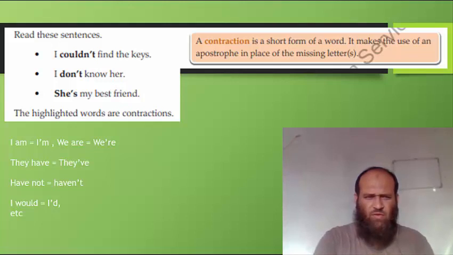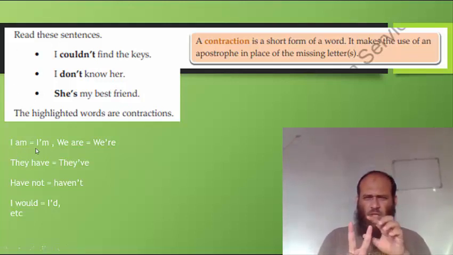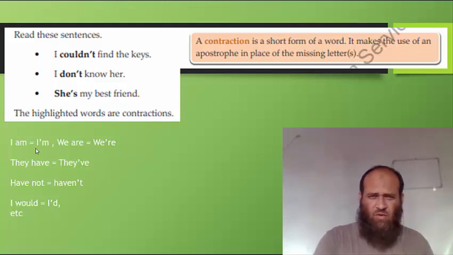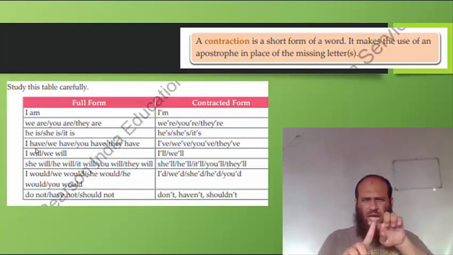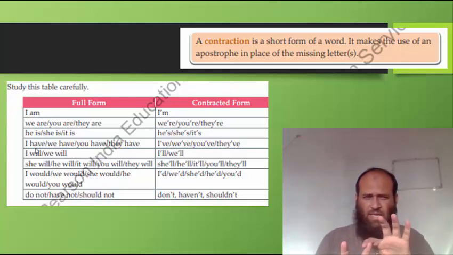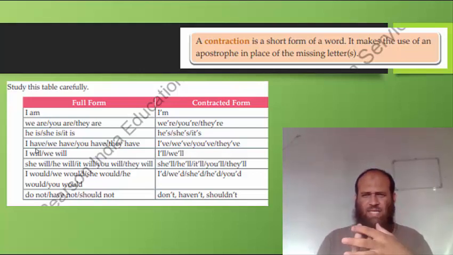I have more examples for you here. I am will become I'm. We are, we're. They have, they've. Have not, haven't, I would, I'd. Let's see more examples from our application book. I am, I'm, we are, we're, you are, you're, they are, they're, he is, he's, she is, she's, it is, it's,